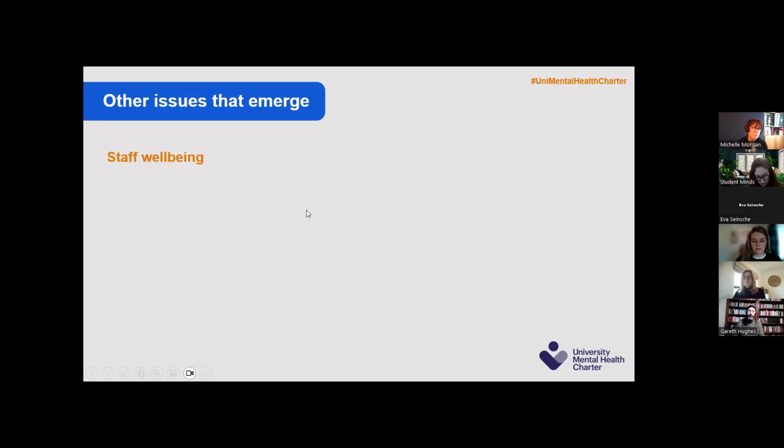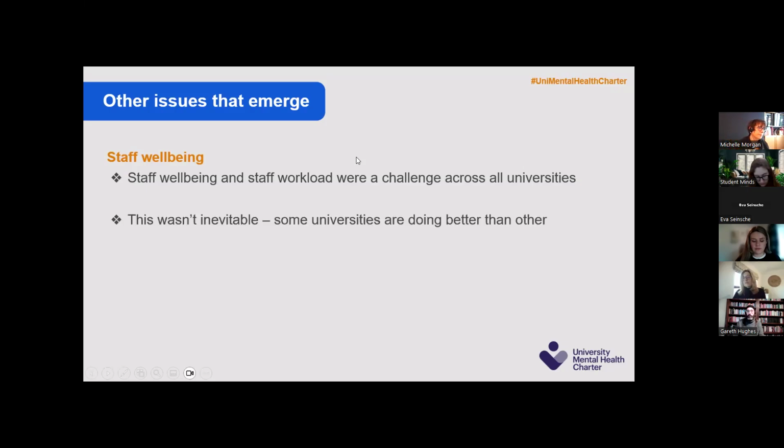And then staff well-being, I do want to just highlight, because I'm sure you are all very aware, it is a challenge. And that comes out in more or less all of the reports. That said, it is not inevitable that staff well-being is horrendous, because we are very clearly seeing that in some universities, it is actually not bad. It's not perfect because the sector is not in a perfect place, and it's hard for it to be in a really good one. But some universities were managing this challenge much better than others, and were placing staff well-being at the heart of the decisions that they were making in response to the challenges they were facing.